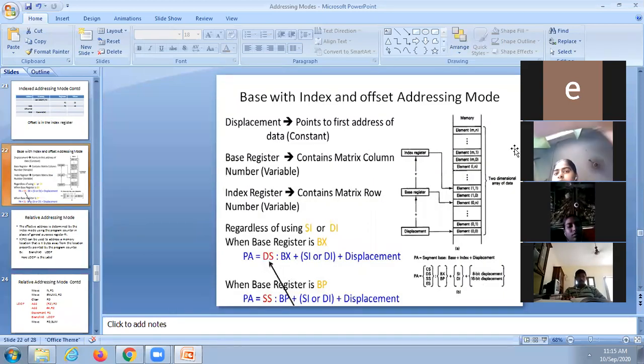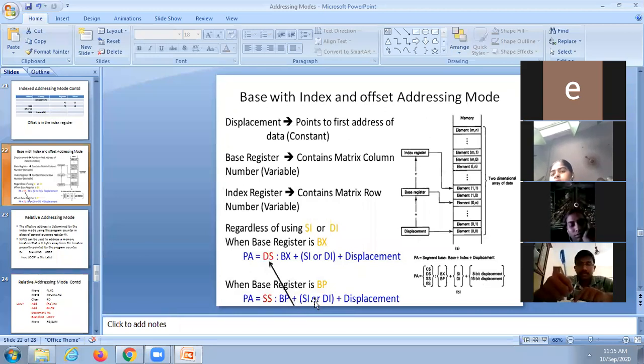This is related to 8086. This is BP plus whatever the address is in SI plus displacement. Always the BP contains the address only. It will not contain the data. BP is the base pointer which always contains the address. Here SI will also contain the address. Whatever is available in BP and whatever address is available in SI, these two are added plus